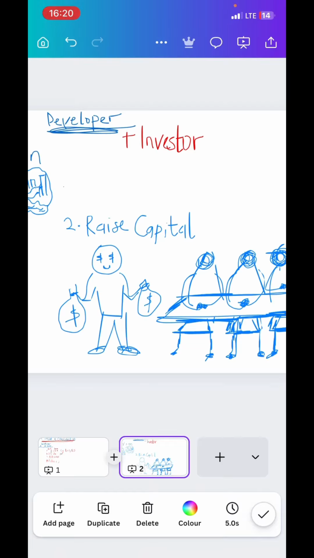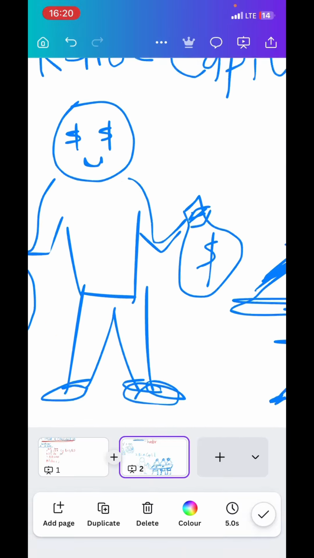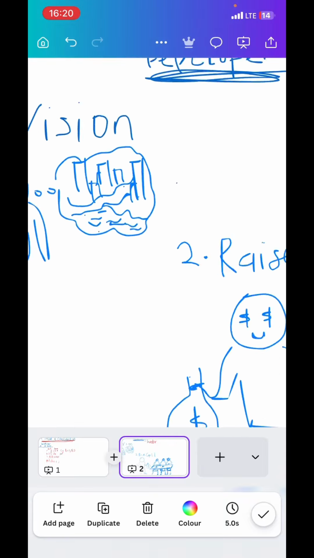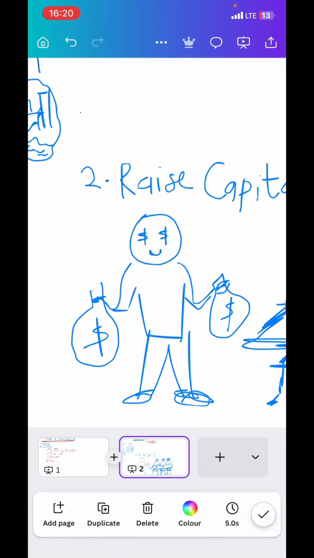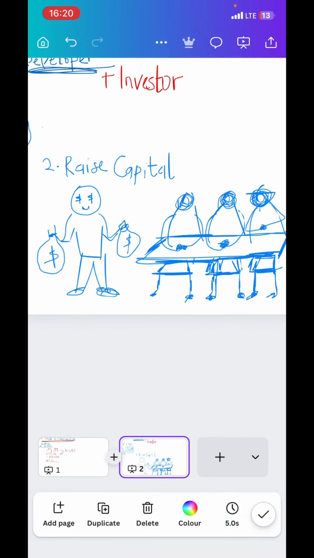So the second thing he does is raise capital by being able to sell the idea. He sells the idea, he sells the benefit of this idea to the investors. Then he raises capital. Okay, they give him some money. So I'll give you a simple example, right? Developers are thinking back to front. They're thinking about the idea, they're thinking about profitability at the same time. If we build a tourist center in this place, how are we going to make money? He's thinking about it. Okay, they're going to be offering services.